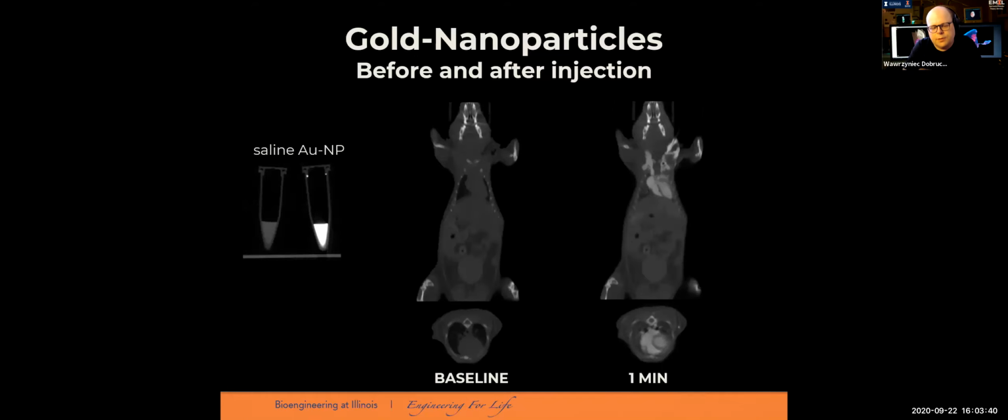So on the left side, you can see the samples of the saline, so just using the physiological salt solution. And on the right side, it's undiluted contrast agent, so those nanoparticles. As you can see, the contrast agent is beautiful. And then after injection of the contrast agent, the gold nanoparticles, to the animal, now you can see that it actually stays very well in the vasculature and the bloodstream,